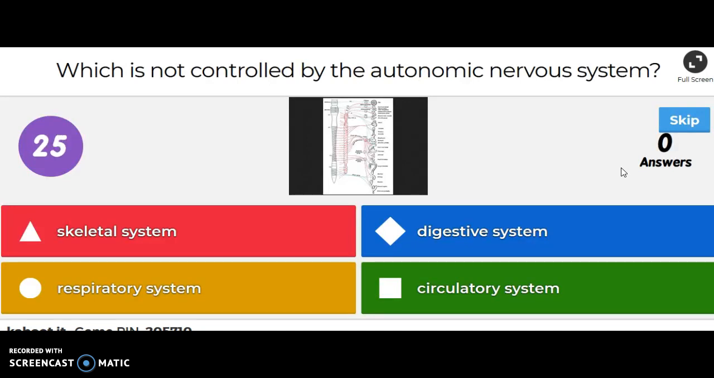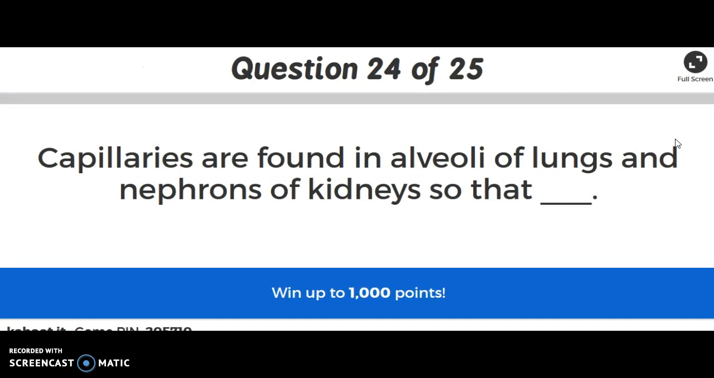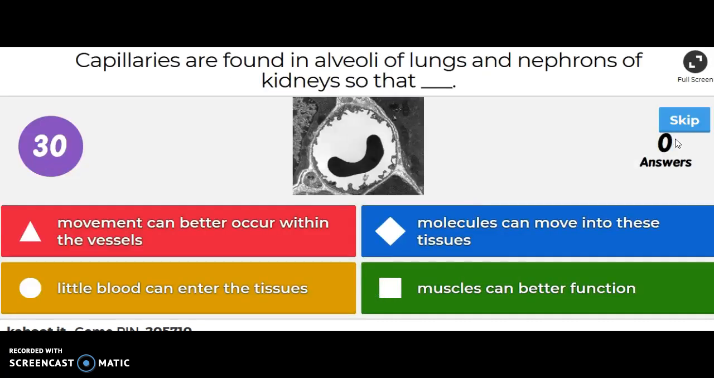We said autonomic kind of means automatic. So the skeletal system is mostly voluntary, which is saying that we decide when to move our skeletal system. So it's not really controlled by the autonomic or automatic nervous system. Capillaries are found in the alveoli, the air sacs of lungs, and in the nephrons, the little units of kidneys, so that